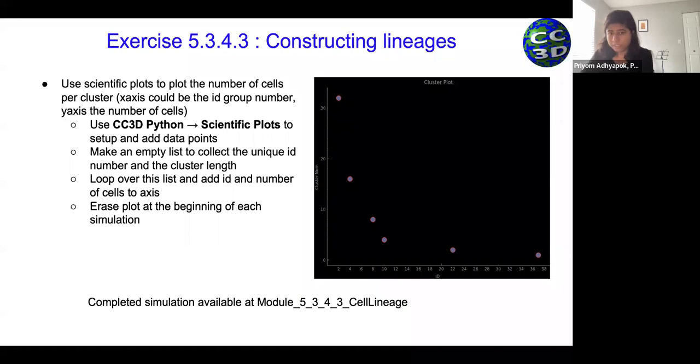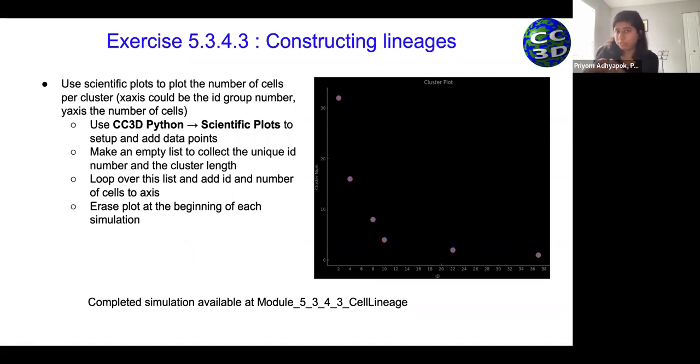So if you are running the simulation, then there's already a plot code embedded into the simulation. The idea was to gain practice by making scientific plots and collecting information from the code to put it in the scientific plot info and display what it wants. So the idea for this simulation was that